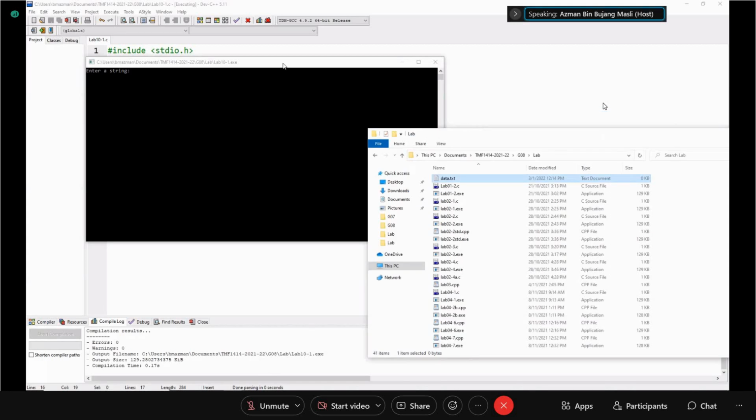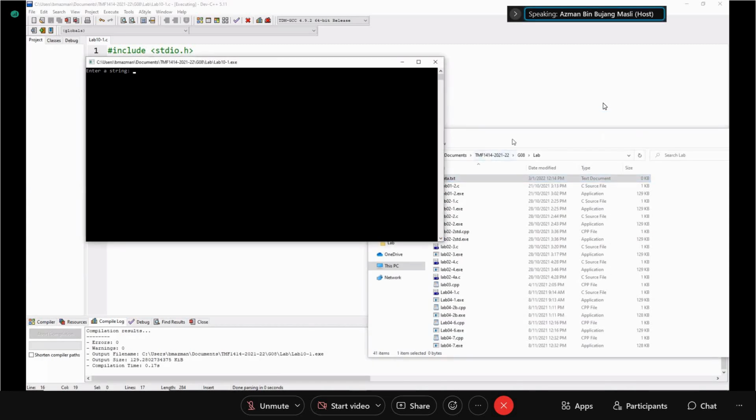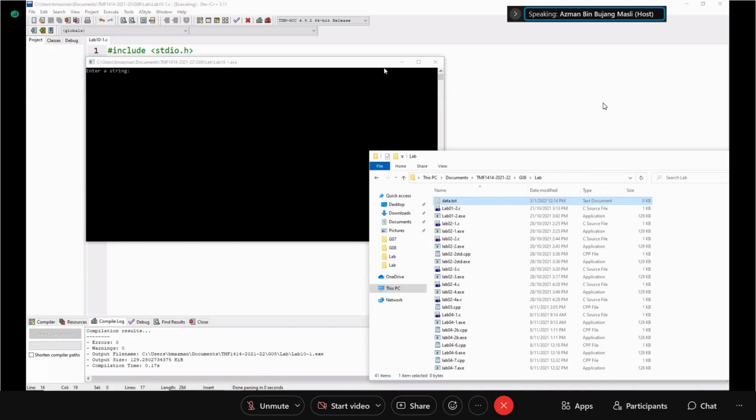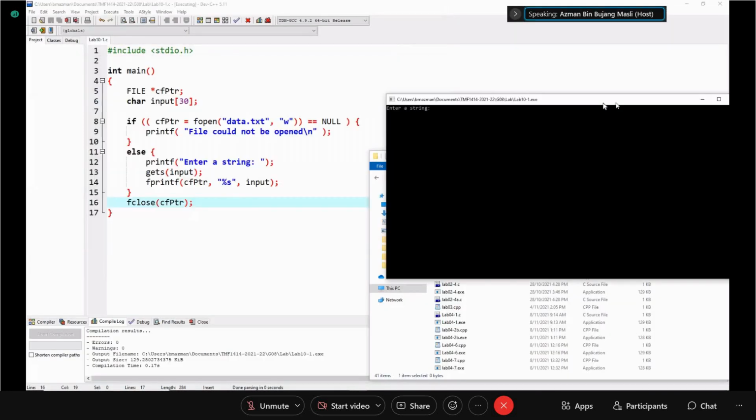So now actually we can input the string that we want. So this is a string for input. And then that's it. So the program just simply gets the data from the user and then puts it into the file.